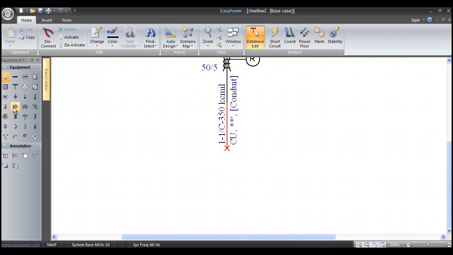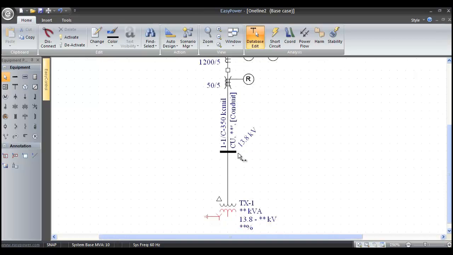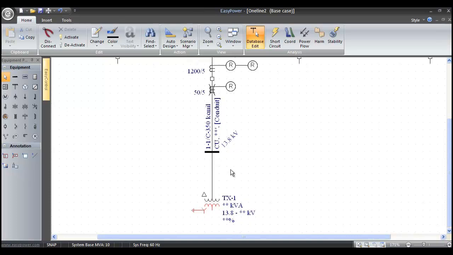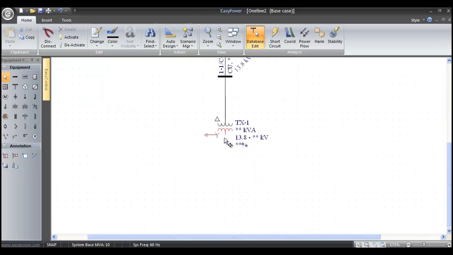What I'm going to do is grab a 2-winding transformer. I'm going to left mouse click, drag it over, and when I left mouse click again, it automatically snaps in. Now in this case, the bus was inserted, or this connection point was inserted without asking for a voltage, because it already knows that it's a 13.8 kV system. Now this bus, where this cable connects to the transformer, is the high voltage bushing terminals. So what we're going to do now is connect to the low voltage bushing terminals a busway going